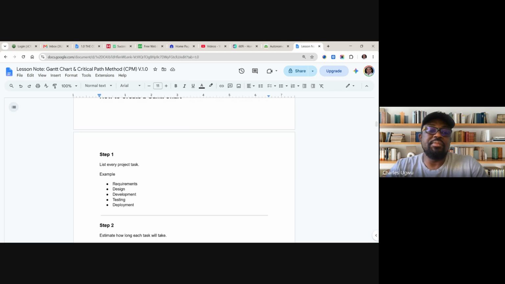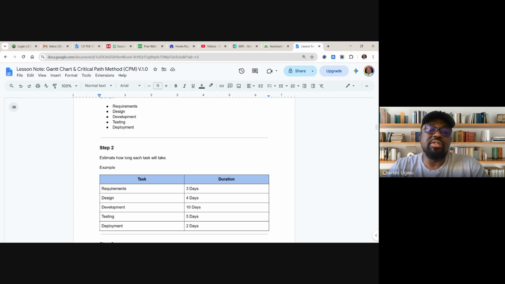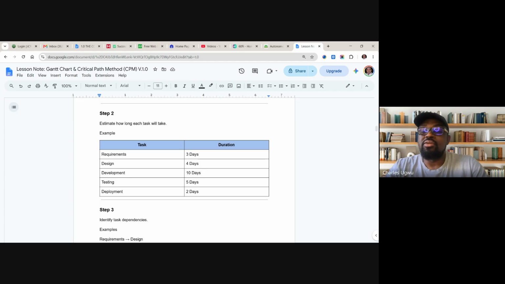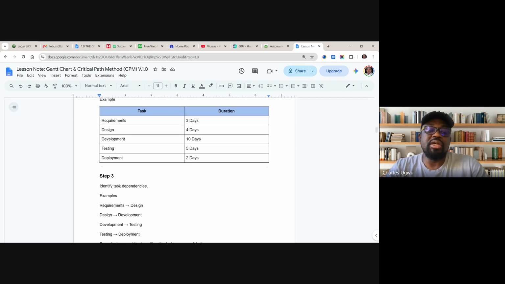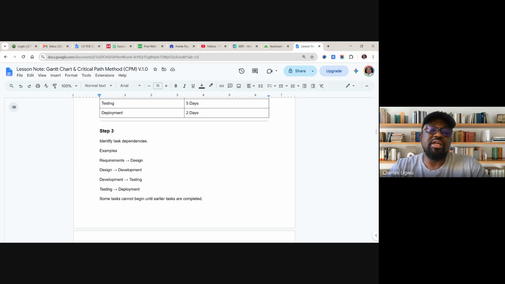So the first step, list all the tasks just like we've done before, and then estimate how long each task will take. We've done estimation. Everybody should know how to estimate using PERT, the parts we did yesterday. So we can apply PERT to do the estimation and then identify dependencies. You can see here